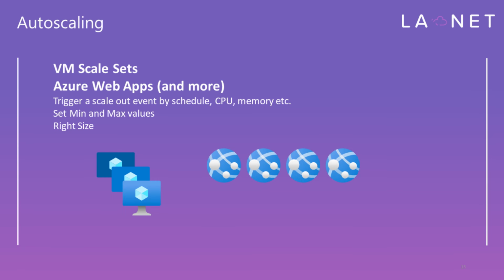That kind of decouples the waiting time from the user to the application directly, and it'll just work through that queue. And if you're not using queues, you can schedule by time. You can also look at the CPU usage and memory usage across your whole set of instances. If it reaches a certain level, then scale out. And don't forget to tell it when to scale back in as well. You can also set minimum and maximum. So don't ever scale out more than 20 instances,